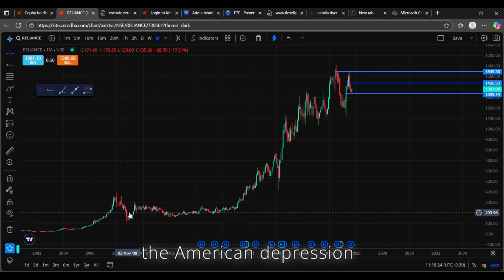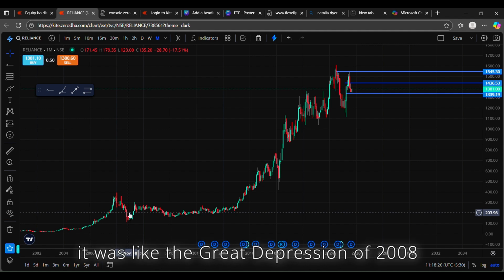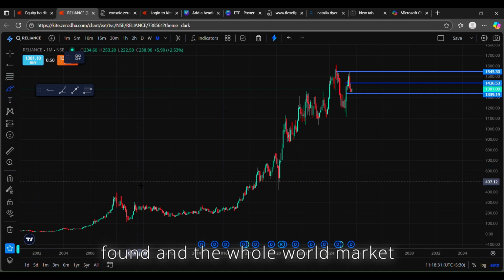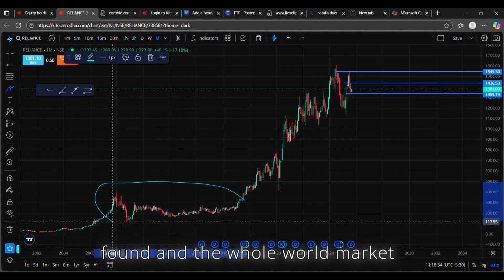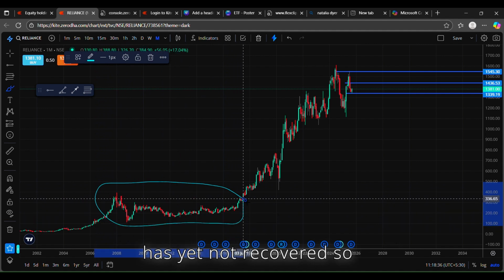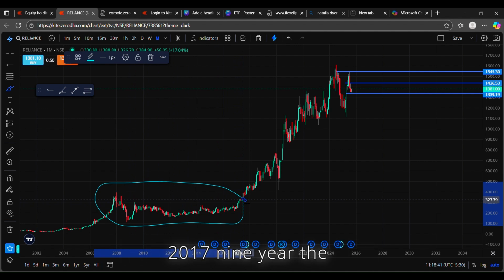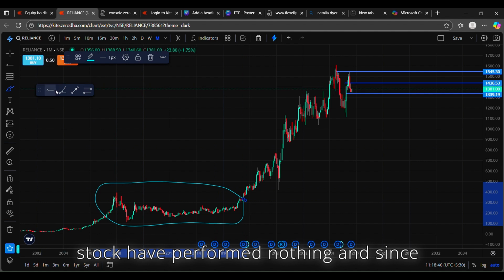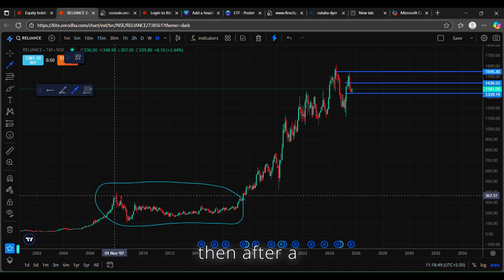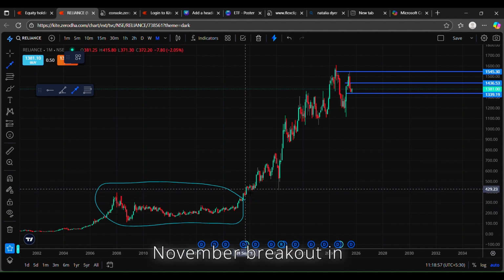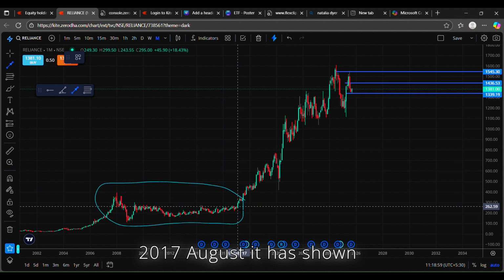If you know, 2008 was a global American depression. It was like the Great Depression of 2008, where Lehman Brothers' bankruptcy happened, and the whole world market has not yet recovered. So this is the time from 2008 to 2017. For 9 years, the stock performed nothing, and since then, after a breakout in November 2007 and in August 2017, it has shown a